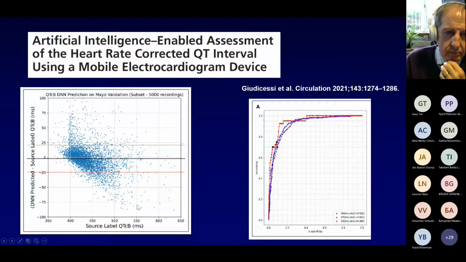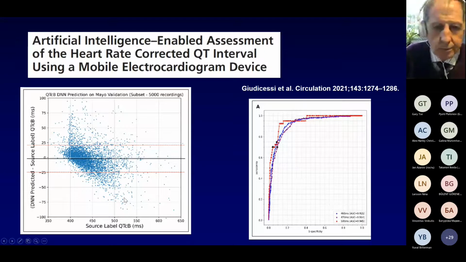And obviously there are a number of outliers here, and the area is plus or minus 25 milliseconds here. So still, I would say it's not fully satisfactory. When they apply